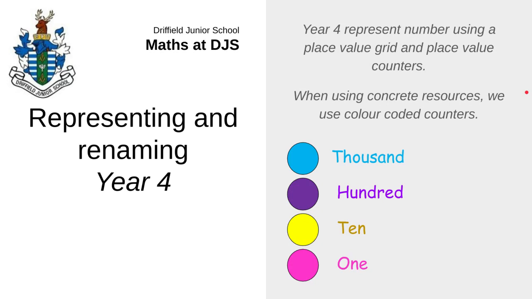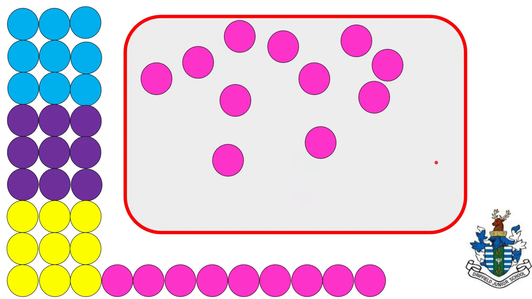Representation and renaming in Year 4 is a really important skill with how we show number. Now, we use colour-coded place value counters to represent number, and each counter represents 1. So we've got a blue one representing 1000, purple one representing 100, yellow one representing 10, and a pink one representing 1. Now, counting, as we're doing on a red table here, we've got 1, 2, 3, 4, 5, 6,